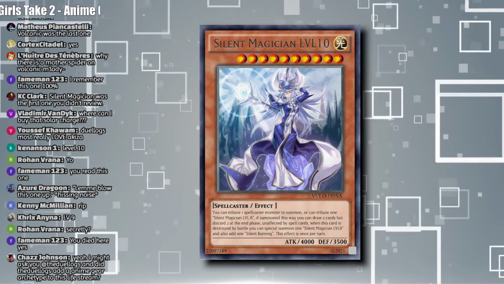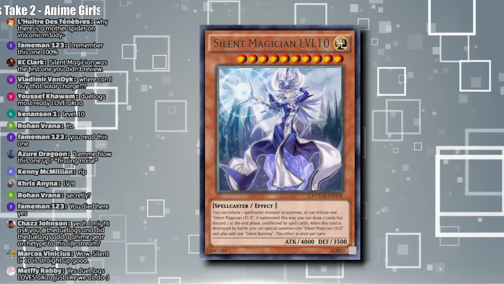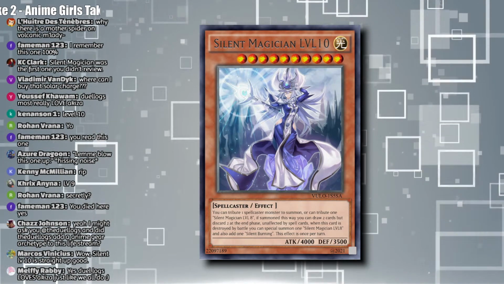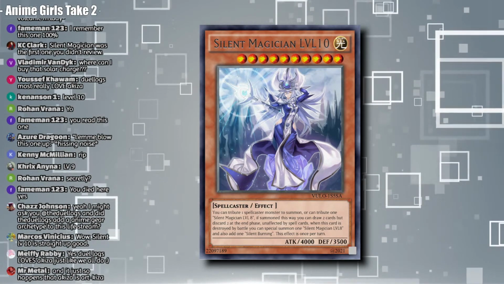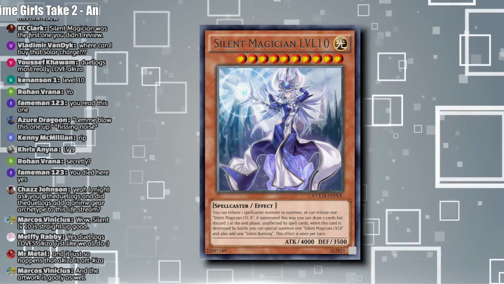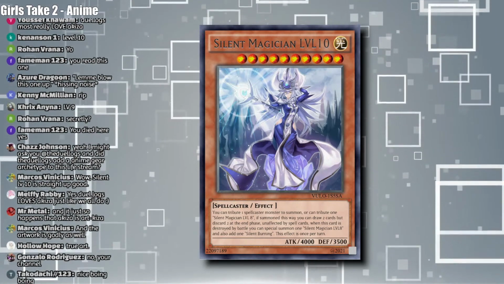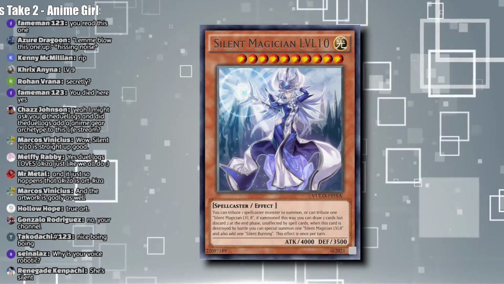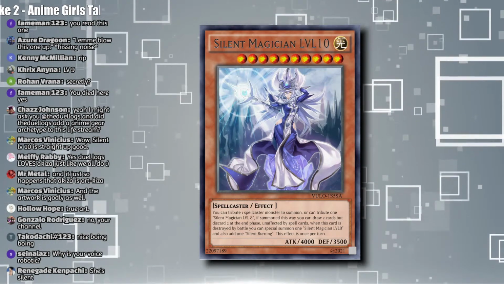Okay, so this one has the effect where it's Silent Magician level 10. You can tribute one spellcaster monster to summon, or tribute one Silent Magician level 8. If summoned in this way, you can draw 2 cards, but discard 2 cards during the end phase. Whoa. Unaffected by spell cards. When this card is destroyed by battle, you can special summon one Silent Magician level 8, and also one Silent Burning. This effect is once per turn. Okay. So,